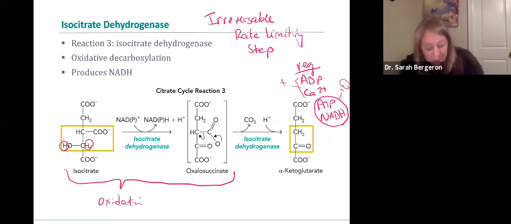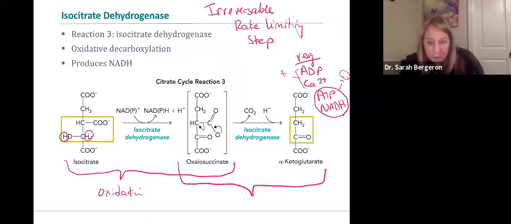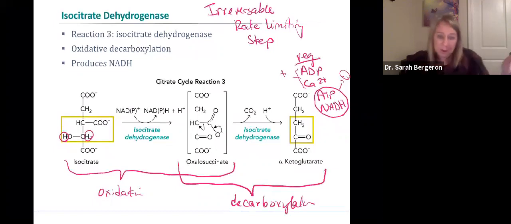And it's our second step where we go from oxalosuccinate to alpha-ketoglutarate, where we actually have our decarboxylation. So remember in the beginning, I told you it was an oxidative decarboxylation reaction. It's actually a 2-step process, right? And so in our second step, what we're actually doing is we are losing this carbon right here. This is the carbon that we're eventually going to lose, and we're going to lose it as CO2. So that's why we have that step,